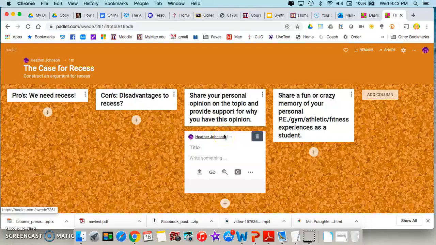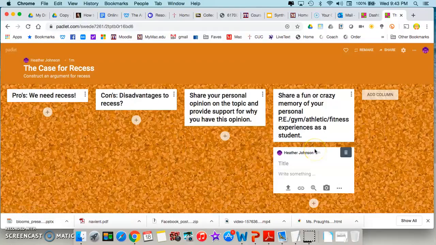Then in this column, I want you to state your claim. What is your personal opinion on this topic? You must provide some support for why this is your opinion. You think this way, you're in favor of recess because, and give some support. And then I just made a fun column.